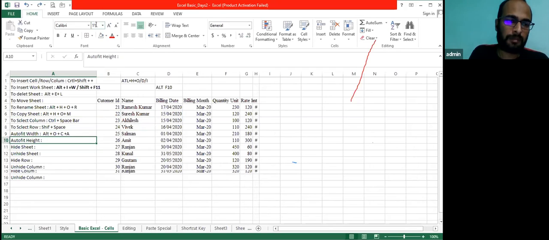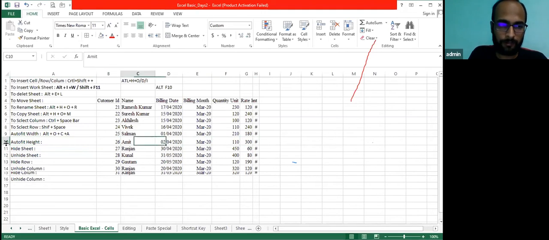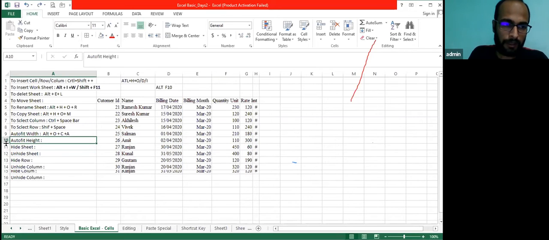I want to increase the height of this cell. Basically this will not work only on a cell; it will work on the entire row. You cannot implement the height option on any particular cell. You have to implement it on the entire row. Let me show you how it works.